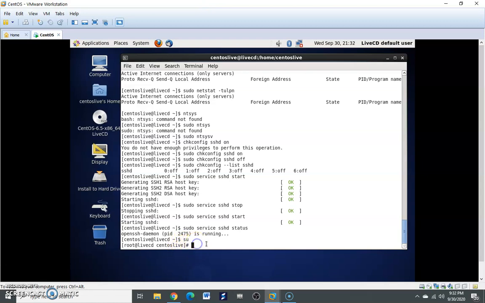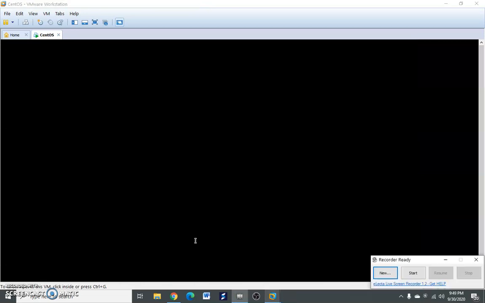Now it means you do not need to enter sudo all the time. su means supervisor or super user privileges. So this is how to start the service and how to stop the service in Linux.